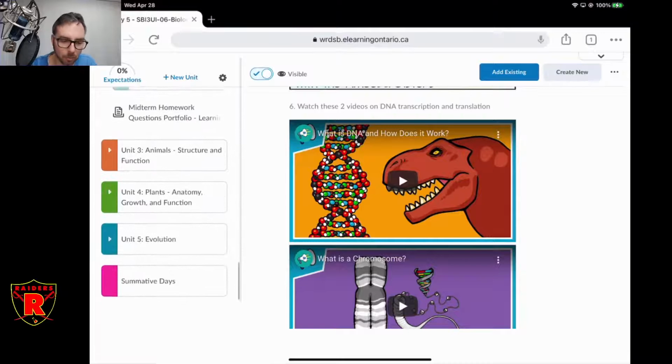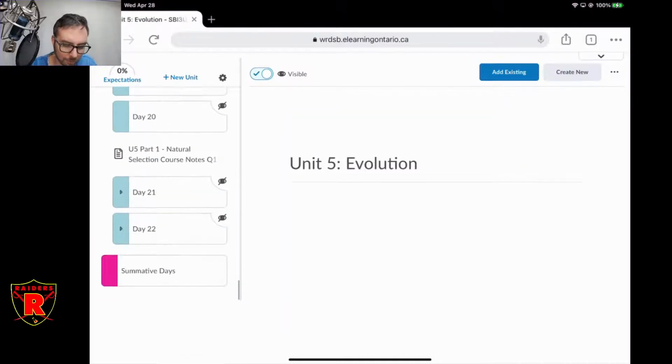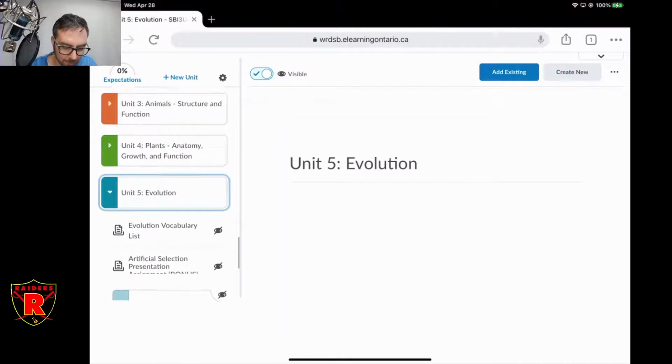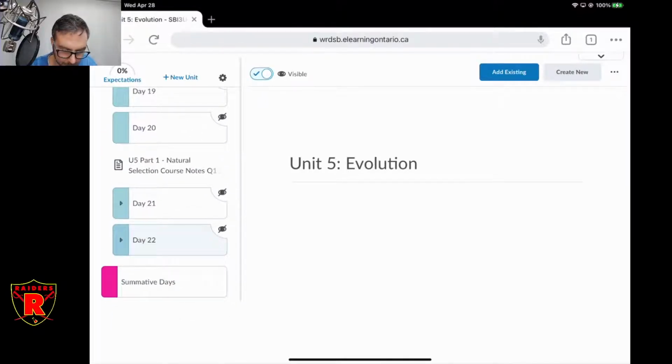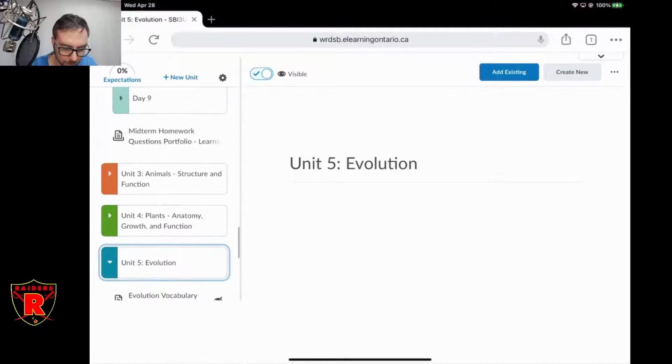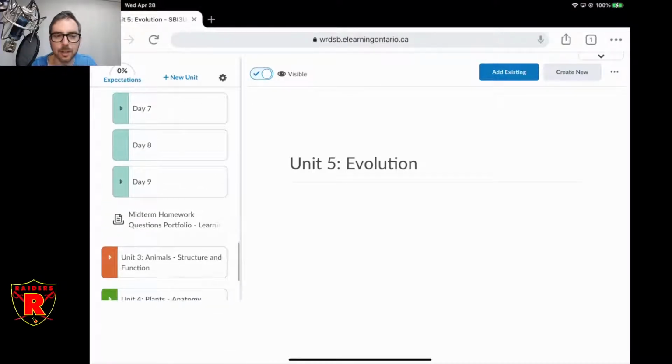And then there's another one right at the very end of the course, which is not visible to you yet. In fact, I may not have even posted it yet. I've got to add it. But there will be a second portfolio under evolution at the very end of the course where you'll hand in the rest of your homework documents. So I only assess them twice per quad. Do we hand in our homework doc? Not right now. You will hand it in before you transition to your other course. It's one of the very last things that you do before you leave.